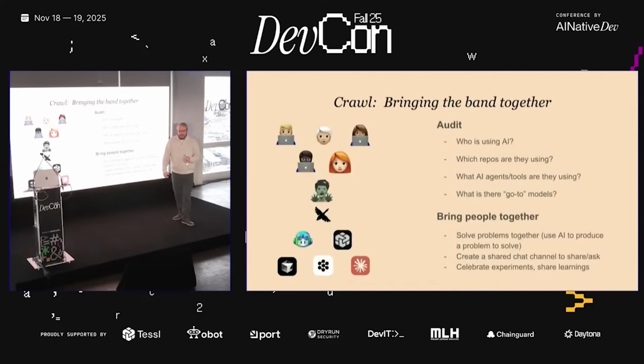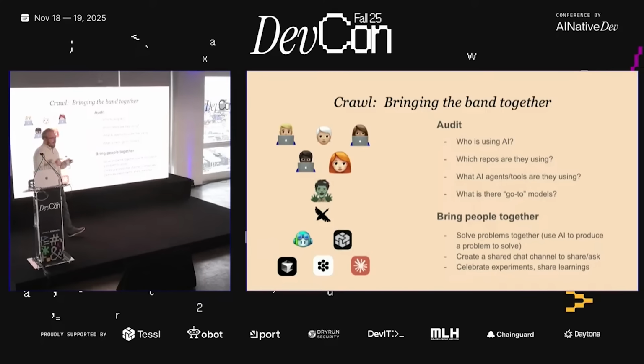So the first thing, if your team is just a bunch of one-person bands or not doing any of this at all, start with figuring that out. I think there's a hunch, yeah, my team's using AI, we're AI native. It's like, no, figure out what they're using, ask them, figure out what's working, what's not. And this doesn't have to be a big effort. Get a Google form, whatever, vibe code it, and just ask them,